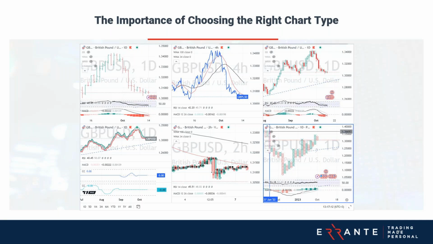So some charts, like candlesticks, give us a lot of detail about price action within a specific time frame, focusing mostly on market psychology, while others like Renko or point and figure charts filter out less important fluctuations and help us zero in on the most meaningful moves. So choosing the right chart type can give you a strategic advantage, especially when it comes to defining market direction